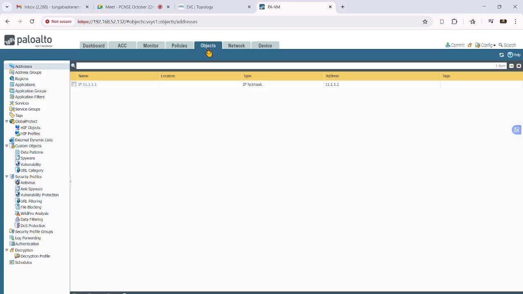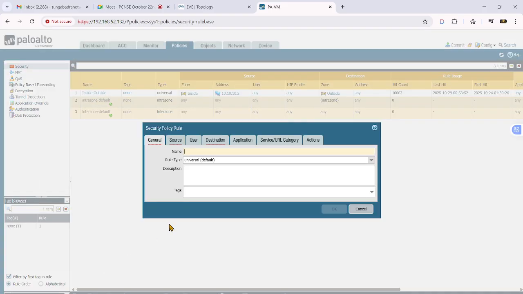So now I have added some zones and network objects. Let me add the policy.